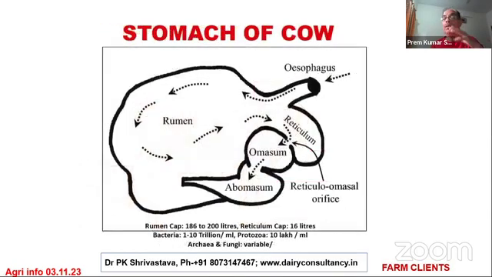In the case of concentrates, it will not go directly to the rumen. See the phenomenon given by God. It goes directly to the reticulum, then omasum, then abomasum, and goes on for digestion. Imagine, and roughage has been given such a big chamber.